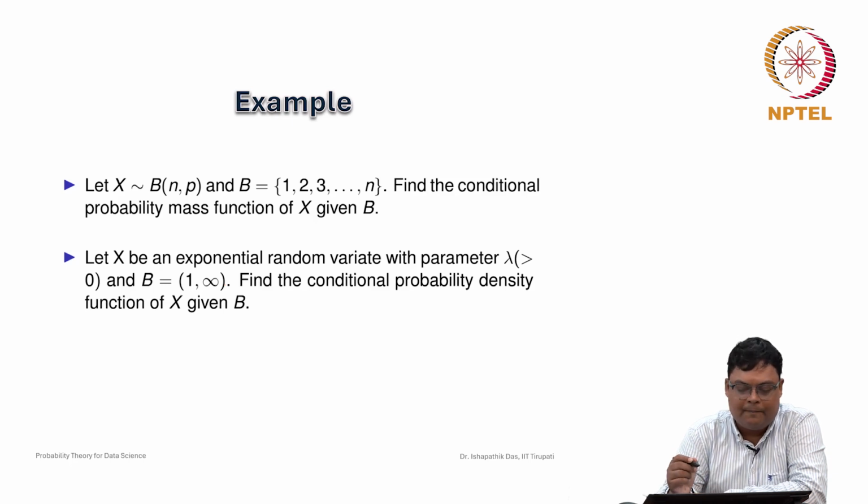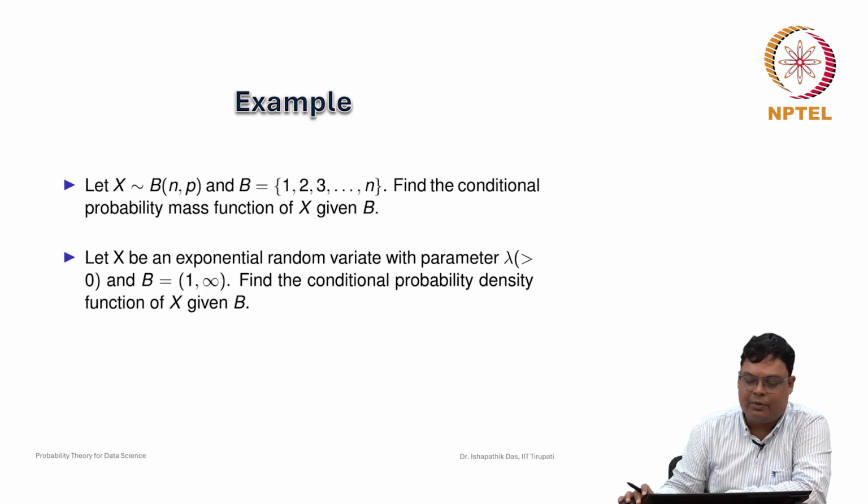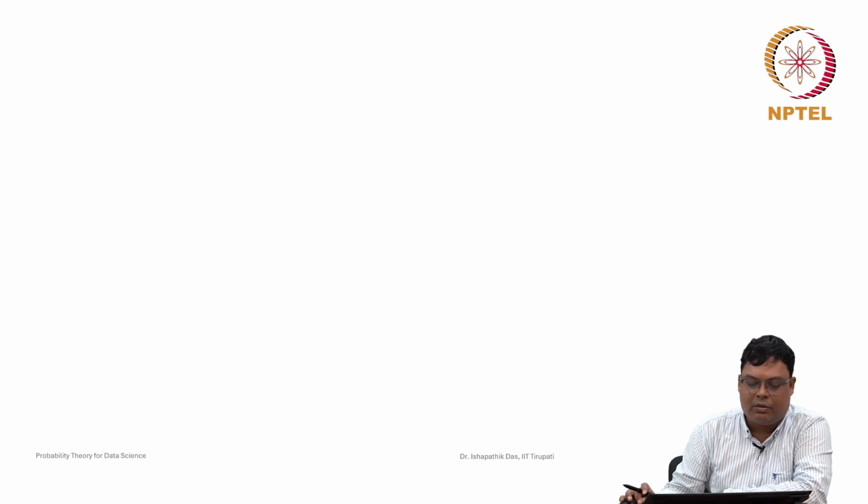So, how can we do that? Let X be an exponential random variable. For finding this conditional probability density function, first you have to find the cumulative distribution function. For the discrete case, it is not required, we can directly find the probability mass function, but in this case we have to first find the cumulative distribution function. The discrete case we will also discuss, but for a density function in continuous cases we need to first find the cumulative distribution function. So, let us do that. It is given that